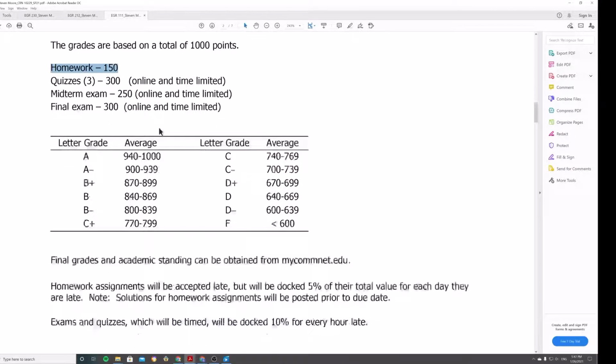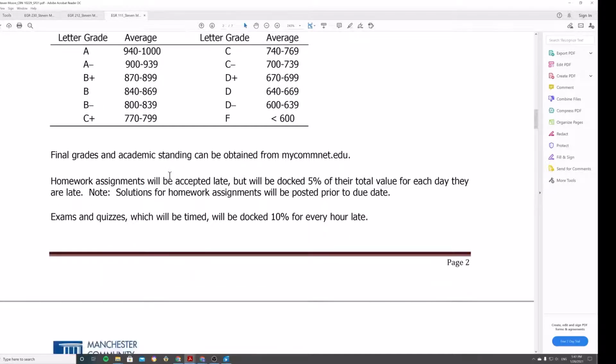All right. So let's see. Okay, so here's the grades. So here's, I'll take